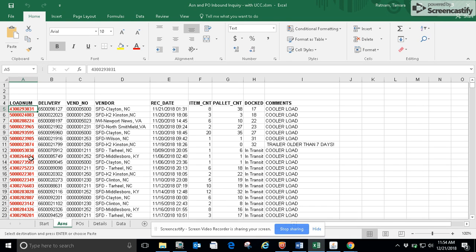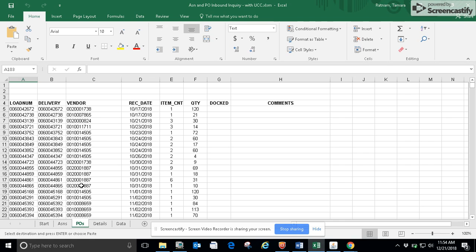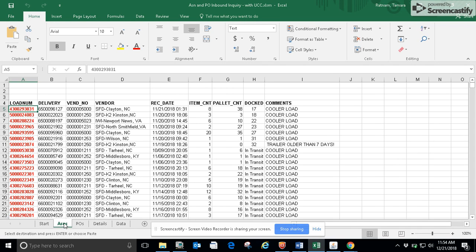If it's an ASN, it will be in the ASN tab and it will contain pallet IDs, quantities, and all that. If it's only a PO, it won't have an ASN, therefore it won't have pallet ID information. Some sites send us details without the pallet ID information. For our testing purposes, we would always, 99% of the time, use the ASNs. And in this case, we're going to continue receiving